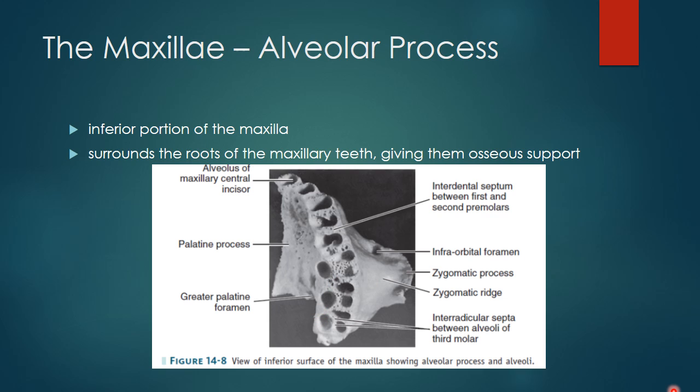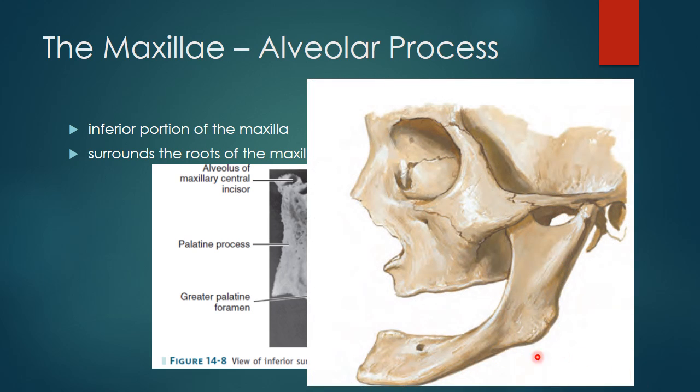The alveolar process is maintained by the presence of the teeth. Should any tooth be lost, that portion of the alveolar process that supported the missing tooth will be subject to atrophic reduction. Should all of the teeth be lost, the alveolar process will eventually be virtually lost as well. Just like in this picture.